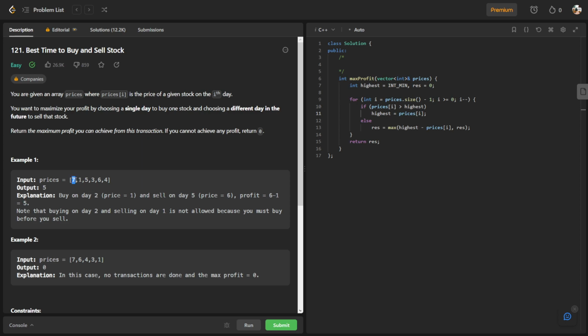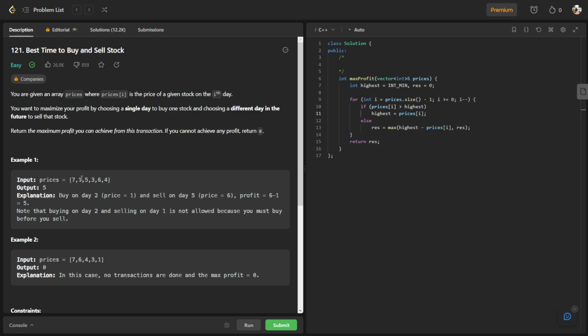Basically, these individual numbers represent the price of a stock on a day. For example, the price on day 0 would be 7, day 1 would be 1, and our job is to find out what's the maximum profit we can get,